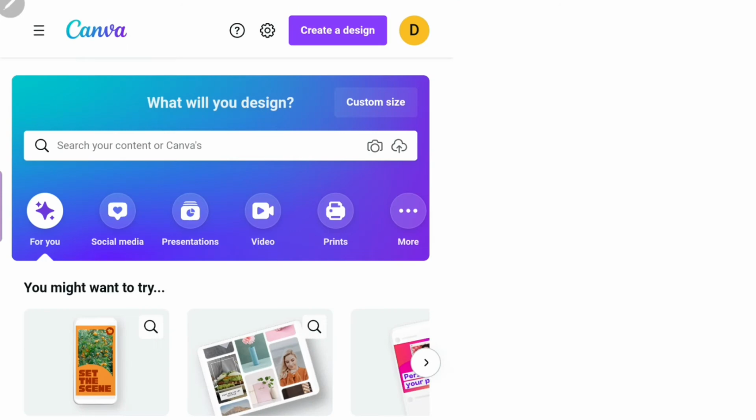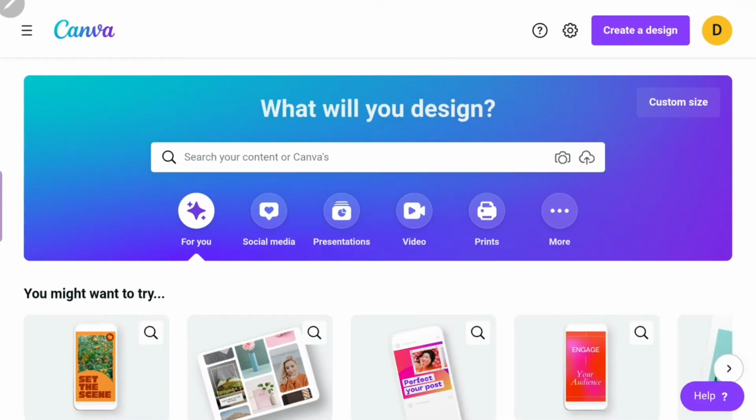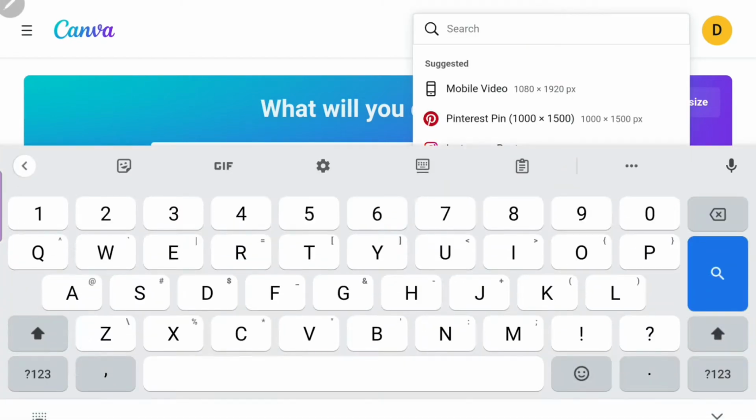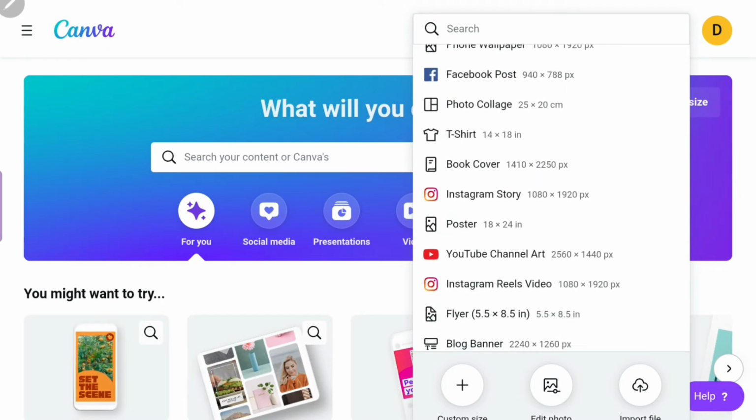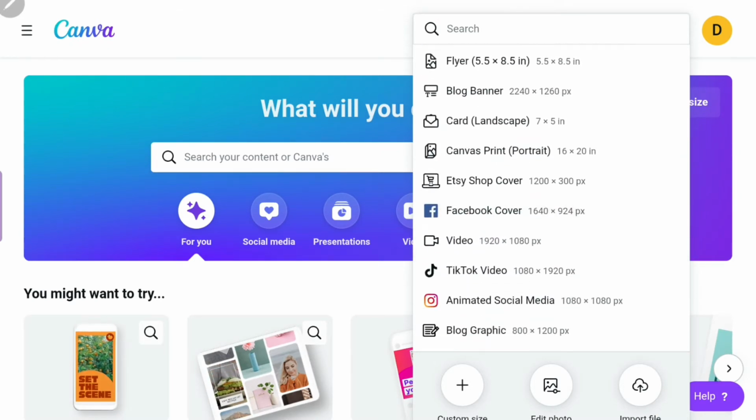I'm clicking on the Canva icon, which I got from the Google Play Store. The first thing we're going to do is create a design, but I'm going to show you some other stuff in the beginning, because we're not going to go right into creating a design. You click on create a design and it has some pre-made designs that you can choose from. That's what I'm scrolling through to show you all the different